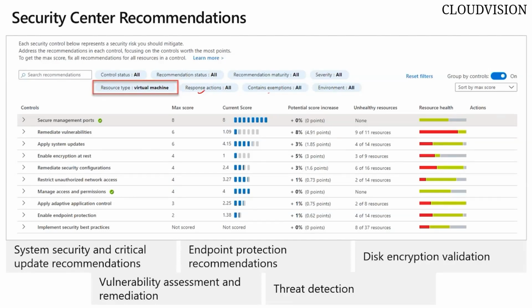And with that, this chapter has been completed. This was the last topic, Security Center. With that, we have